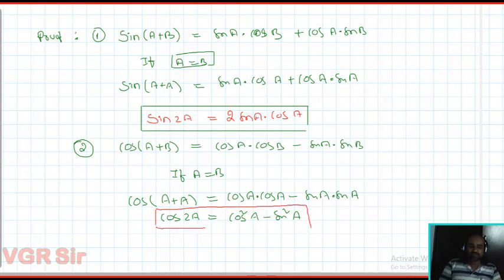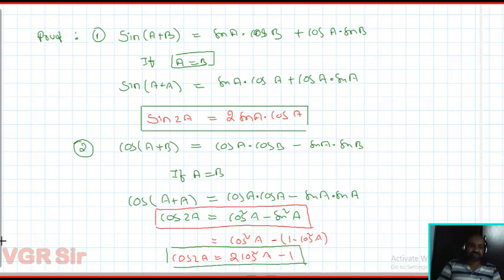Okay. Sometimes you want the formula in terms of cos alone. You don't want sin here. So you need to convert sin in terms of cos. Observe here: cos square A as it is, minus sin square A, and you know that sin square A is 1 minus cos square A, a simple square relation. So expand this, open this: minus 1 plus cos square A, 2 cos square A minus 1. So this is another formula of cos 2A. This also should be remembered.